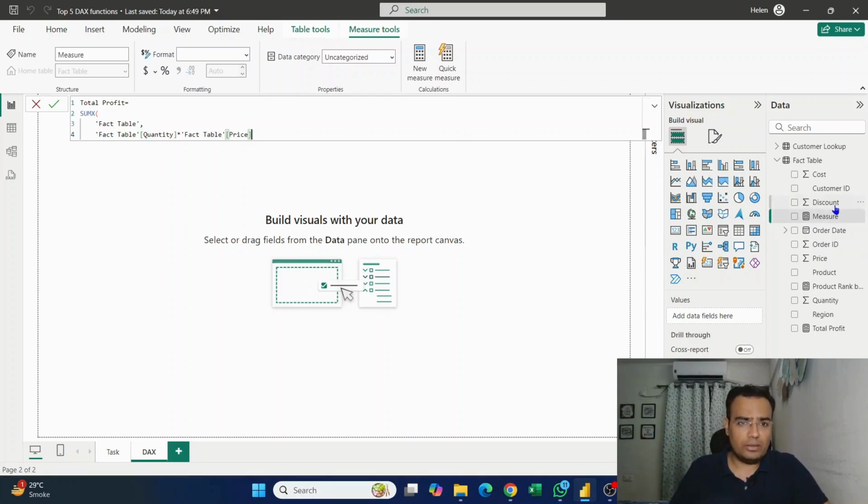I have a discount column which has the discount rate. So what I can do is just multiply. I can open a bracket and write 1 minus. Why am I doing 1